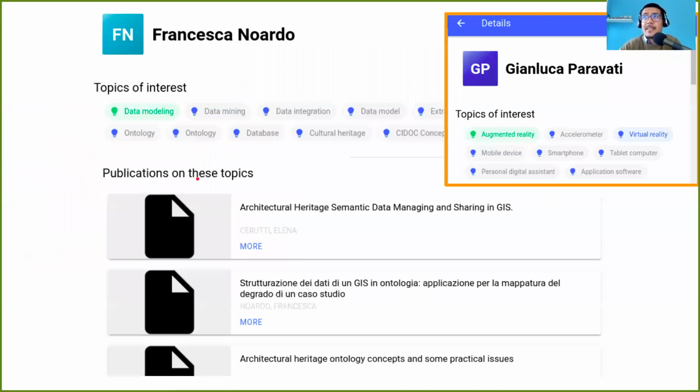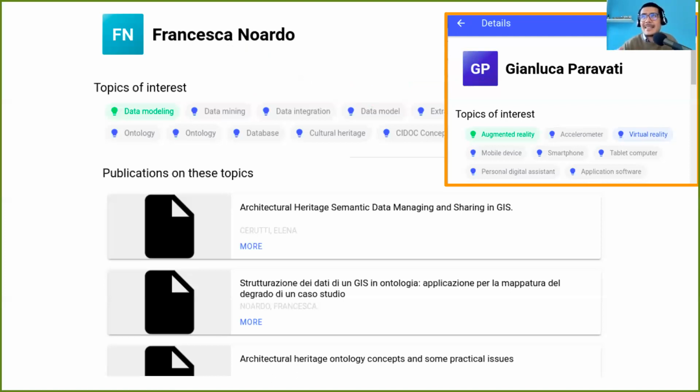This is an example of the recommendation. In this case, you can see the page of Francesca Noardo. She is a researcher of the Polytechnic of Turin who is interested in these topics: data modeling, ontology, database, etc. Our system recommends Gianluca Parravati as an author who has never been a co-author of Francesca Noardo. So this is important. They have never been co-authors. But the tool suggests Gianluca Parravati as a good collaboration opportunity for Francesca Noardo because, let me say, he